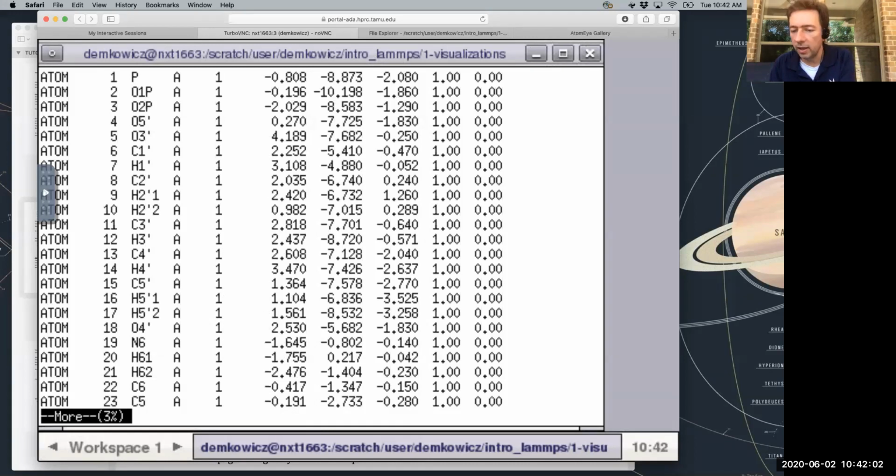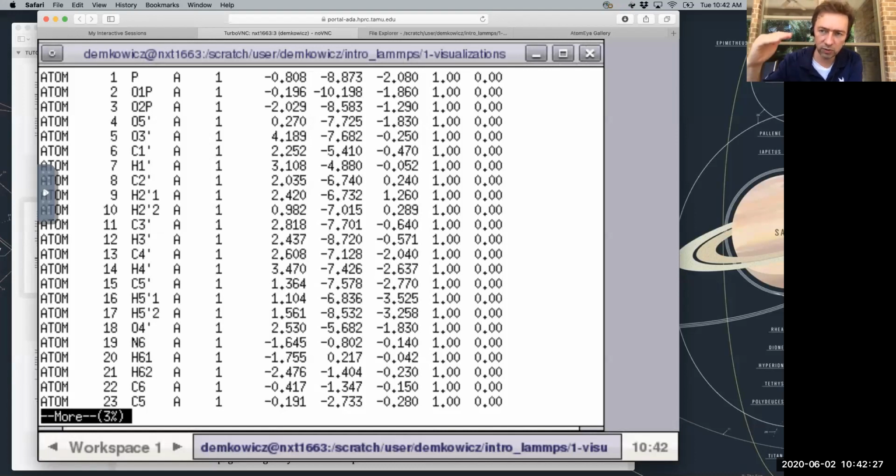Okay. What that does is it doesn't open the file. I don't get to edit the file at this point. All it does is it shows me on my terminal window the first few lines of the file. So it's just something that views. All right. I can't edit anything. It only shows me, in this case, whatever fits on the terminal window, which is not the entire file. It's actually only 3% of the file, as you can see here.